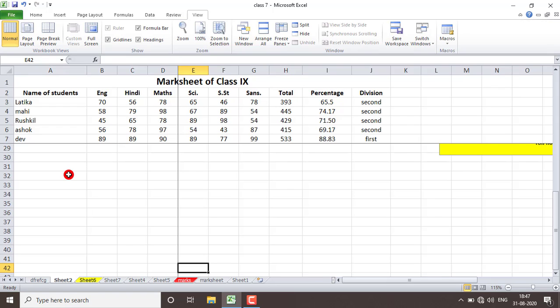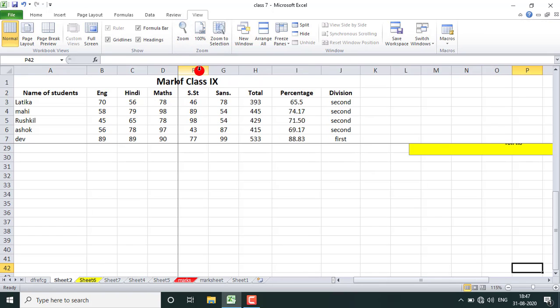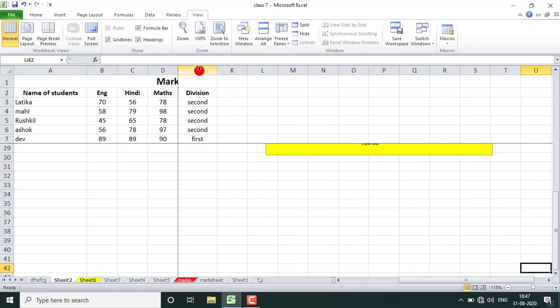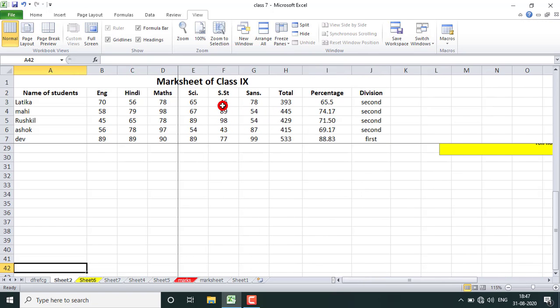This will help you to freeze the panes wherever you want. It depends on where you leave your cursor, and when you use this option, from that particular position your rows or columns will be frozen. Now if I move to the right-hand side, look here, this one is E, but as I move to the right, you can see A, B, C, D are fixed, the rest are moving. So that is the use of freeze panes.